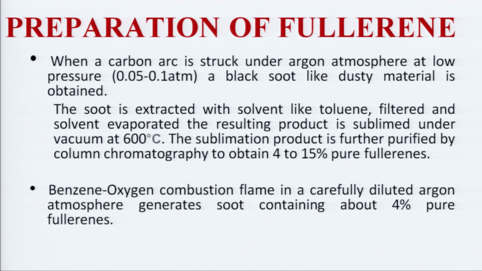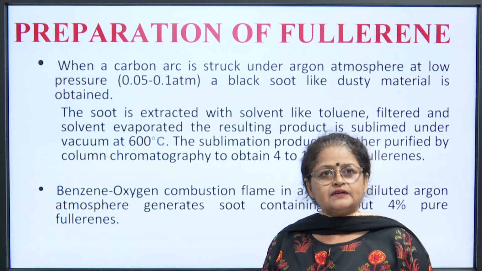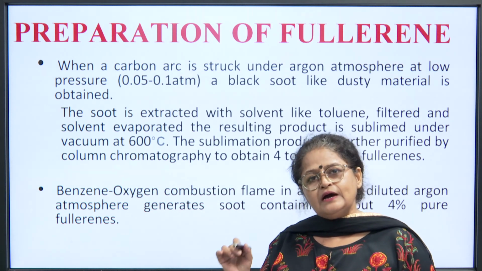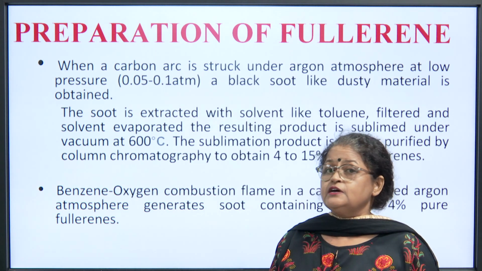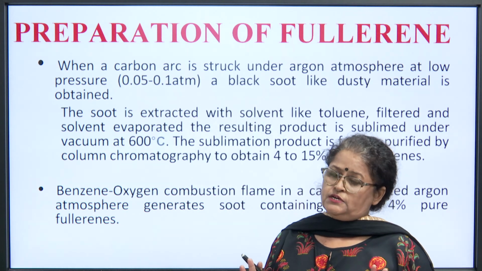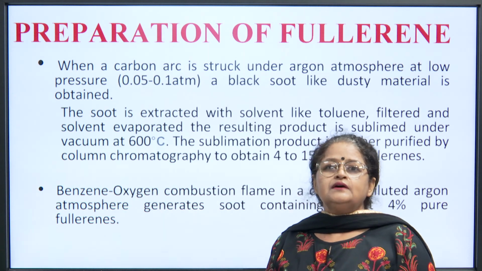अब हम बात कर लेते हैं फुलरीन को प्रिपेयर कैसे किया जाता है। इसकी कोई नॉर्मल लैब प्रिपरेशन नहीं होती है, थोड़ा डिफरेंट तरीके से इसको बनाया जाता है। एक कार्बन का आर्क व्हेन स्ट्रक अंडर आर्गन एटमॉस्फेयर, आपको एटमॉस्फेयर न्यूट्रल चाहिए, बिकॉज अगर ऑक्सीजन होगी तो कार्बन को हीट करेंगे, वो जल करके कार्बन डाइऑक्साइड बन जाएगा।